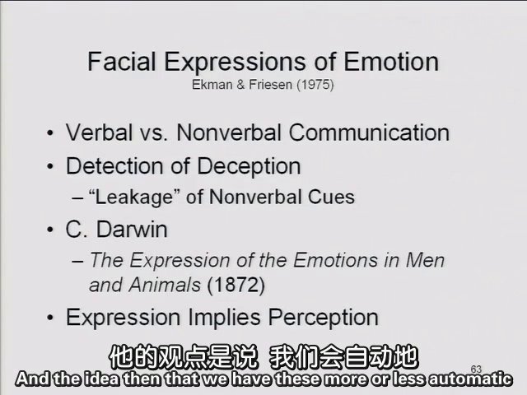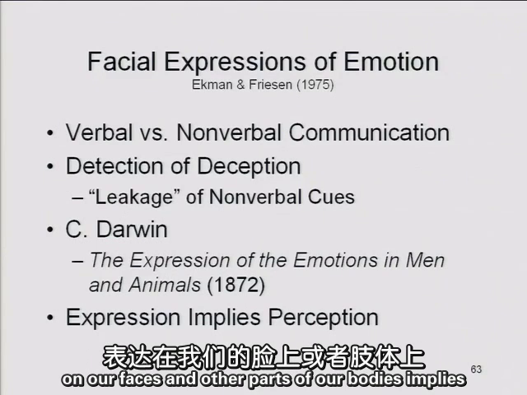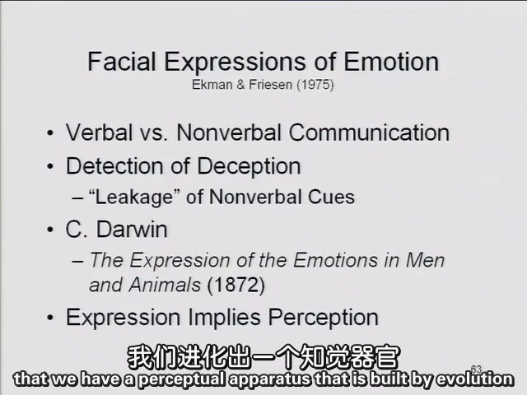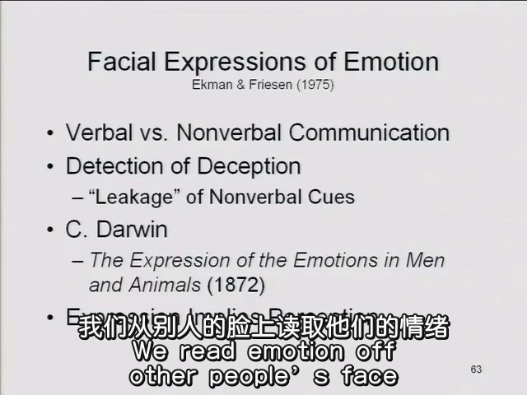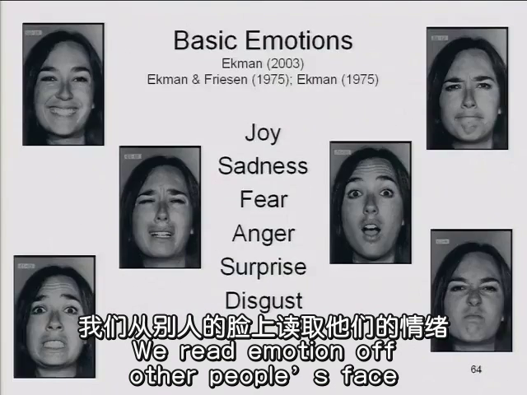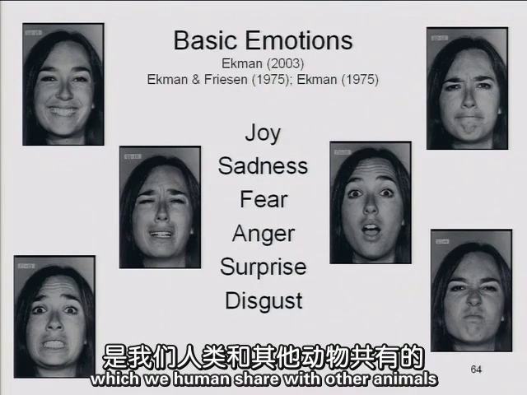And the idea then that we have these more or less automatic or reflexive ways of expressing our internal emotional states on our faces and other parts of our bodies implies that we have a perceptual apparatus that is built by evolution to extract exactly that kind of information from the social stimulus. We read emotion off other people's faces. Ekman and his colleagues have argued that there are roughly half a dozen of these basic emotions which we